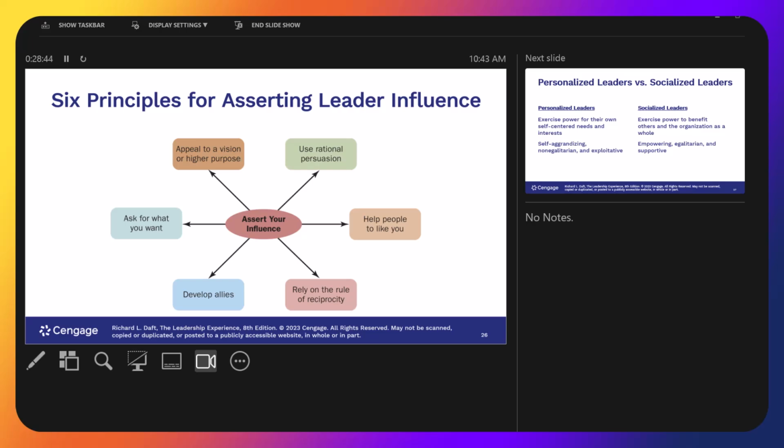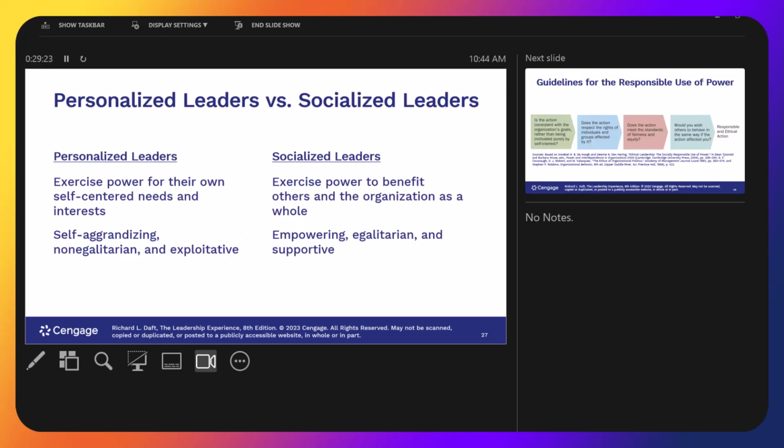Appeal to the vision or higher purpose. This works with folks, particularly if they're wired a certain way, if they're forward thinkers versus people who are pretty much status quo thinkers. With status quo thinkers, you can do this, but it may not work as well. With forward thinkers, this is what you appeal to, because they're looking at the vision, where we're trying to go, and the higher purpose, and they will buy into that. A lot of times you will find that these are the people who will be working with small groups of other folks, and they're actually leading them. So if you get that person, then they can go get the other folks to buy into what it is to help you with your influence.